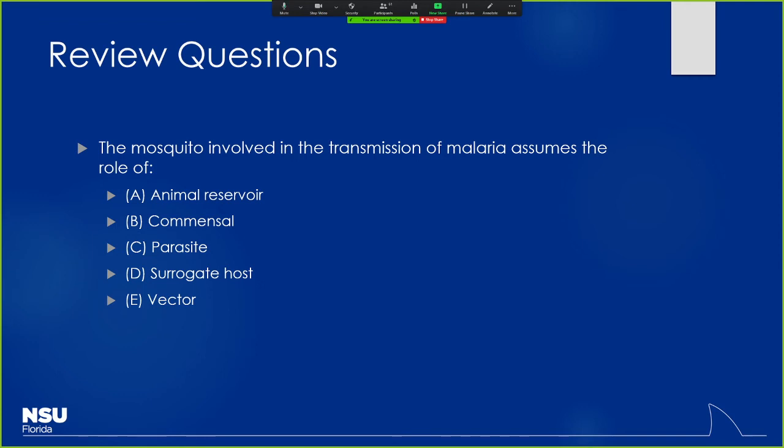Would be the animal reservoir for the disease. Oh, you learned this in micro. Well, good job. That's fantastic. See, there's some crossover between stuff. I guess we could be considered the animal reservoir. Aren't we all animals in the end? Yeah, it's going to be more of a vector, right?